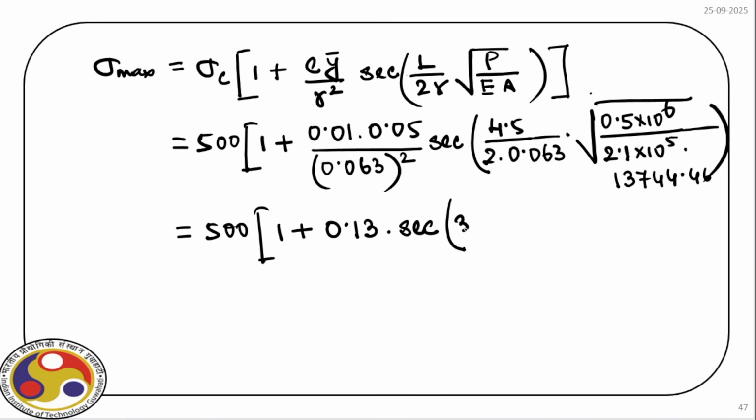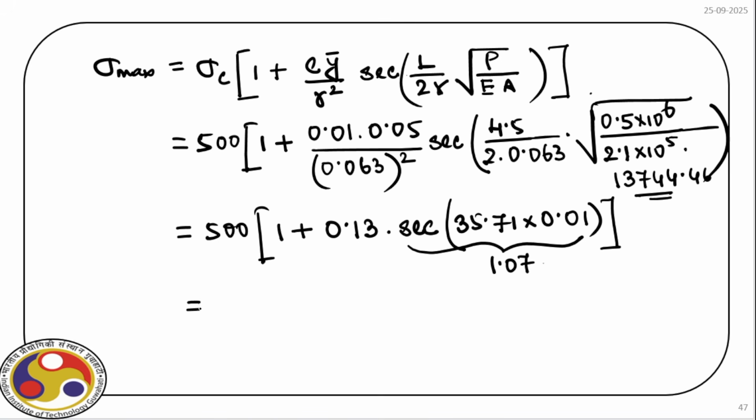So that is 35.71 times, if you evaluate the square root of this term, we will get 0.01. So now we can evaluate this term, sec of within bracket 35.71 into 0.01, and if you evaluate this quantity, we have 1.07. So what we have here is 500